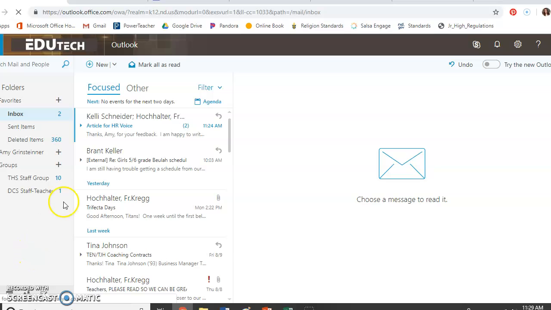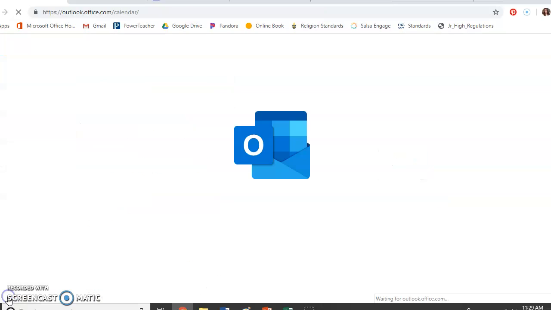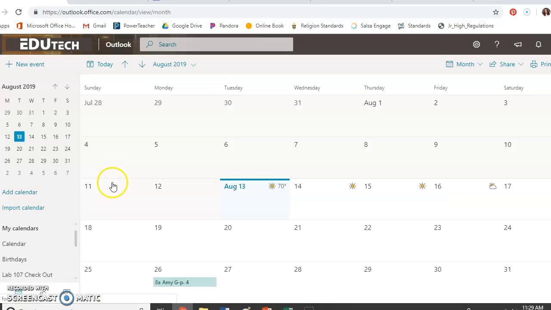So down here, I'm in the Outlook web app. This also works if you have Outlook on your computer. Calendar is an option for both of them. So over here on the bottom left-hand corner of the screen, there's this little calendar icon. So what you need to do is just click on that and it will open up your